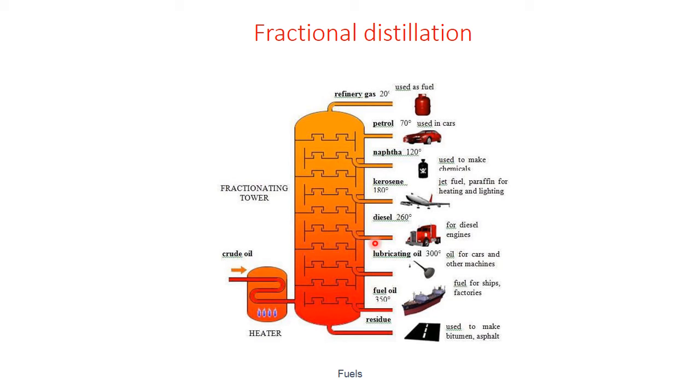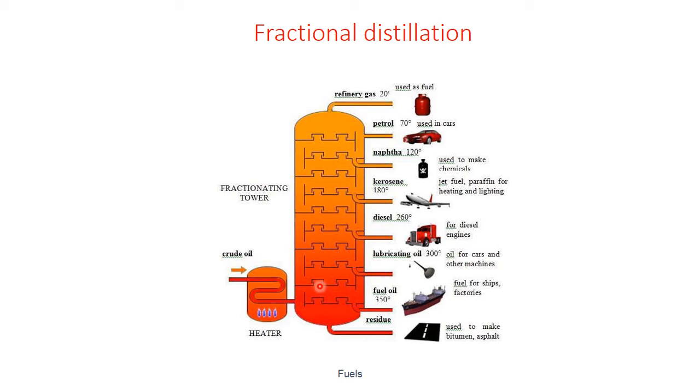We will collect the fractions by using this outlet to the fractionating tower. Now we will see the working of this fractional distillation process. First, crude oil will be entered in this furnace where it will be converted into the vapor state. Then that vapor will enter the fractionating tower where the bottom temperature is around 400 degrees